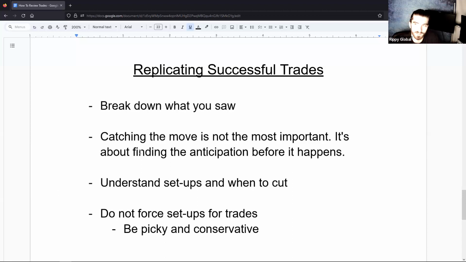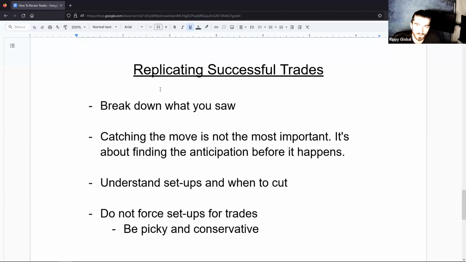So, replicating successful trades. When repeating, you're looking for the same setup. A lot of people, like I was talking about earlier, feel like when they hit green over and over, it's just going to keep happening because maybe they're having luck. Maybe it's because, oh, I feel good about this. Not many people focus on the realization that you're playing a setup that makes the money for you. It's not luck. You're putting probability in your favor.